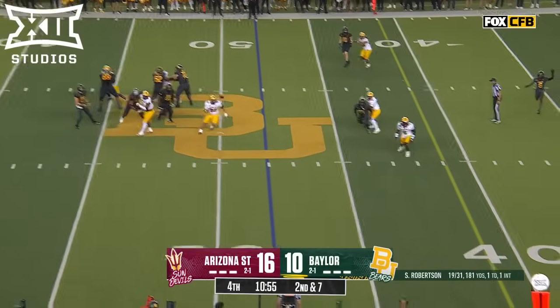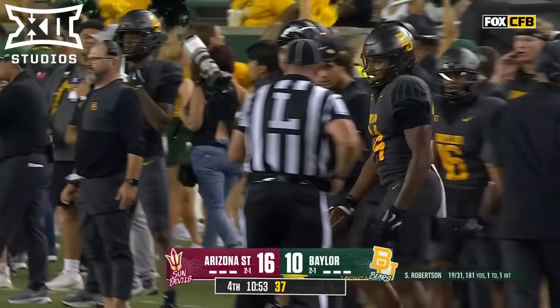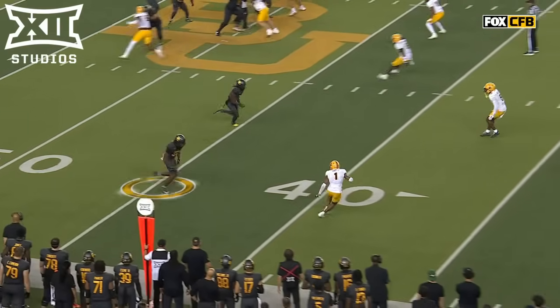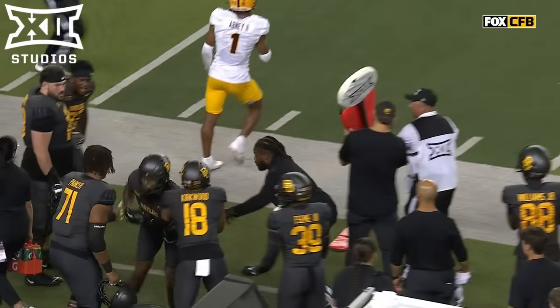Robertson coming back for it. Nice adjustment by the receiver, Josh Cameron. He came back to help his quarterback there. Oh, watch him turn the defender around. Press, and then get on that outside and race back to the football. Nice job by...